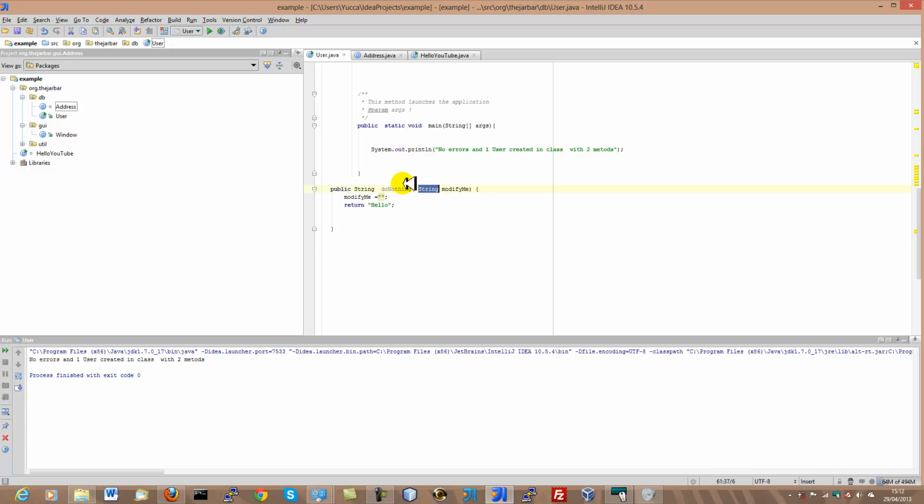In other words, for any client or any other code to use this do nothing method, they have to provide a string data type or a variable, and